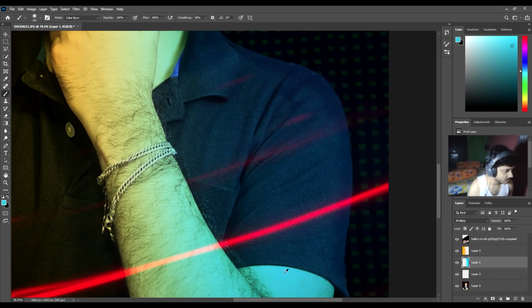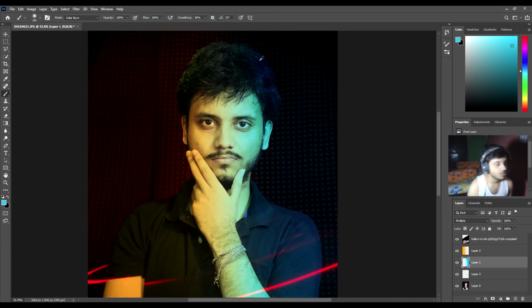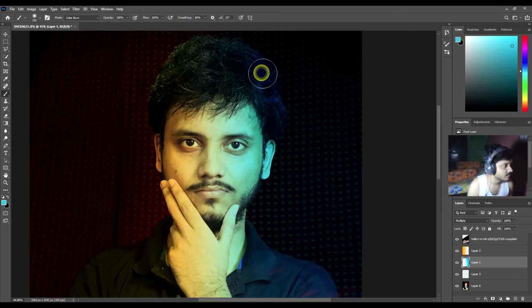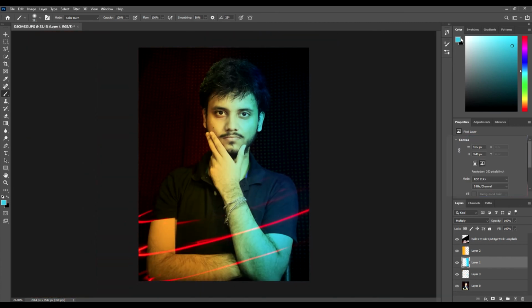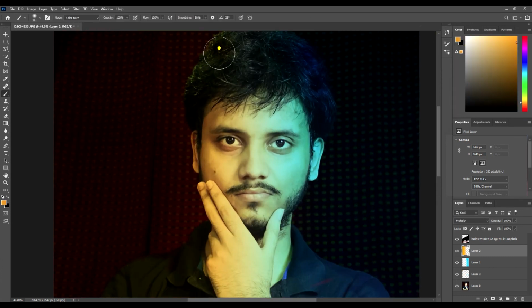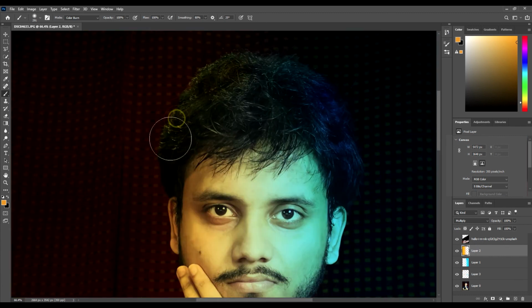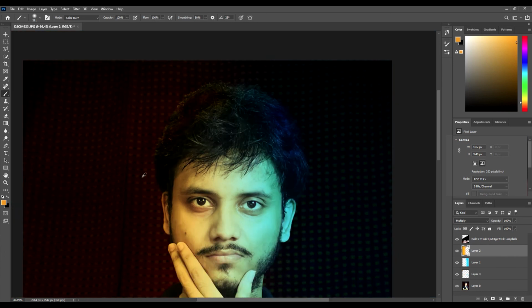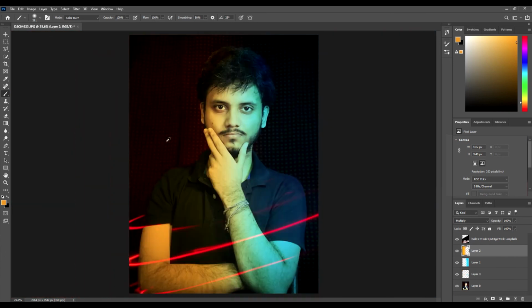this part of my skin over here, and then just painting over my hairs to give it a little bit more of the glittery look. And I don't know if you are able to notice the difference, but yeah, it is looking a little bit more dramatic to me. I'm going to do the same thing for the left part of my face over here. Just select that particular layer and then go to the swatch tool, and then from the color picker select the color from here, and now we just need to go to the brush tool.